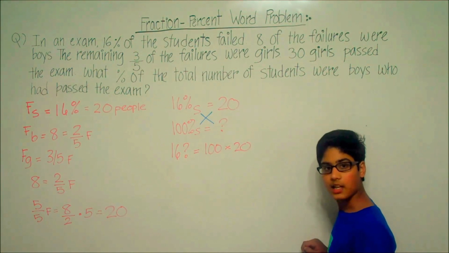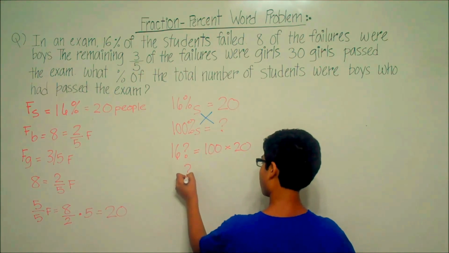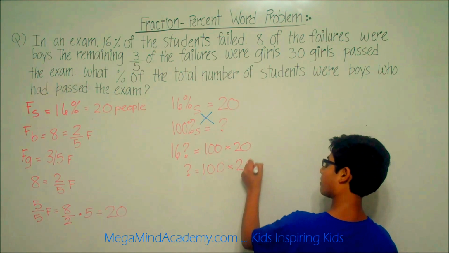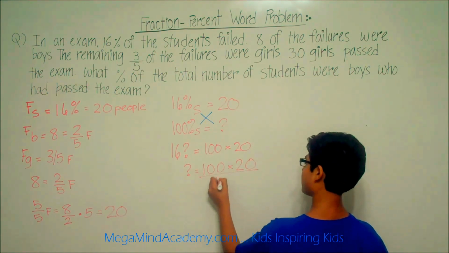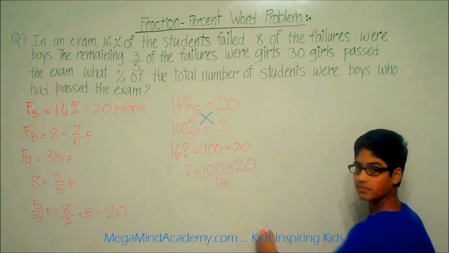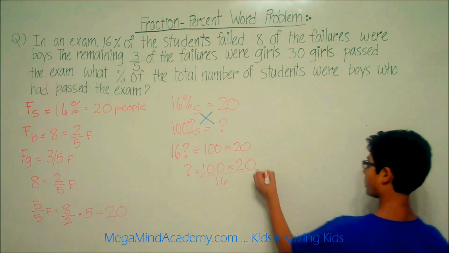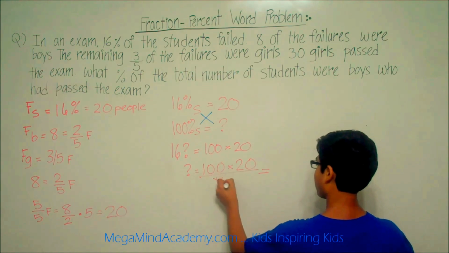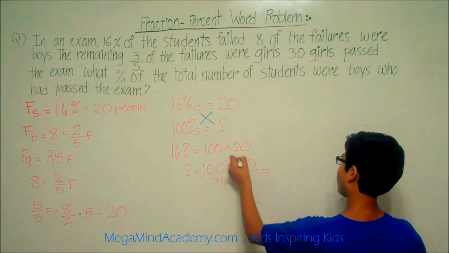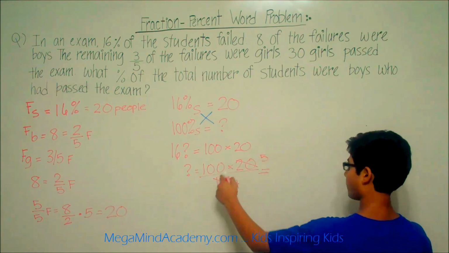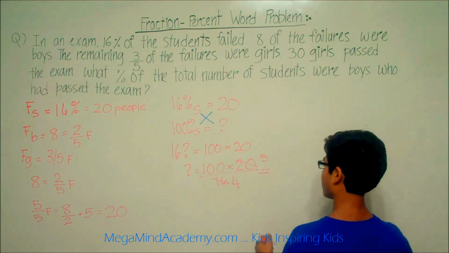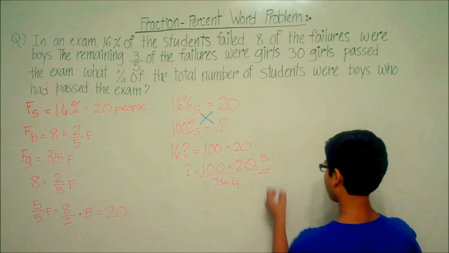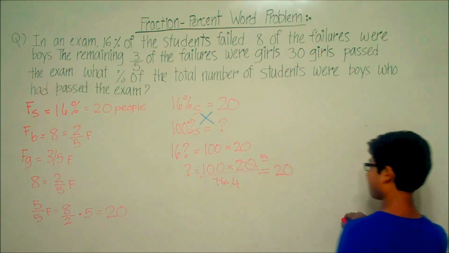So this means that question mark is equal to 100 times 20 divided by 16. 16 and 20 are both divisible by 4. 16 divided by 4 is 4, while 20 divided by 4 is 5. So we get 100 times 5, which is equal to 500 divided by 4,